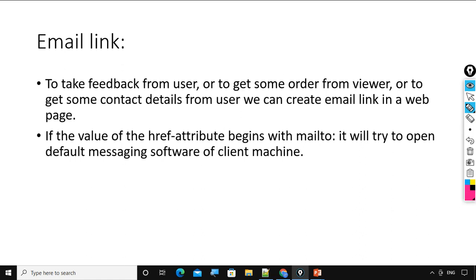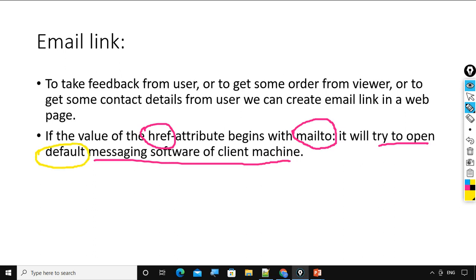We know very well href is a mandatory attribute of the anchor tag, correct? So if the value of the href attribute starts with mailto colon, then it will try to open the messaging software of the client machine. But which messaging software? Default messaging software.